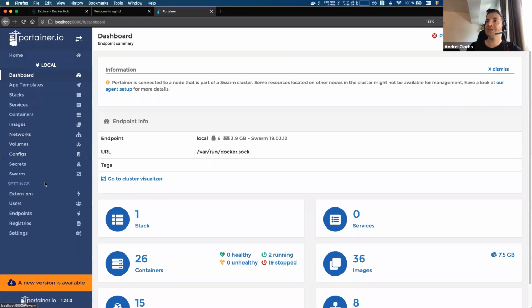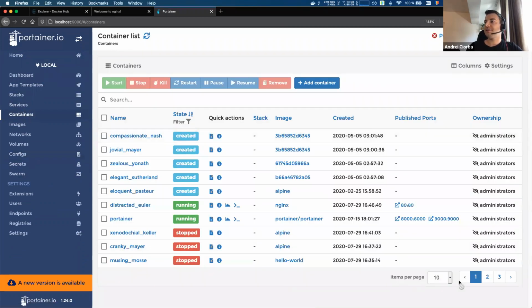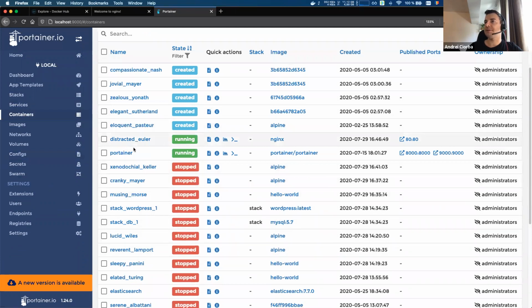And you can just click through everything available to Docker. You can see here on the left things like my current containers, right? These are all the containers that I have currently defined on my system, be them created, running, or stopped. You can see that the two running containers are the actual Nginx one that I've just launched a few minutes ago, with port 80 being forwarded. And the other one is